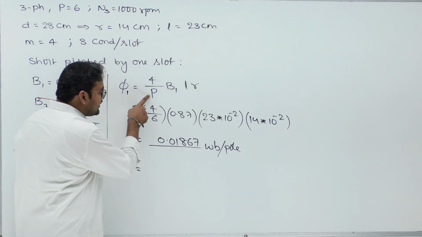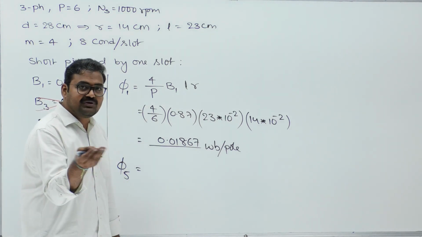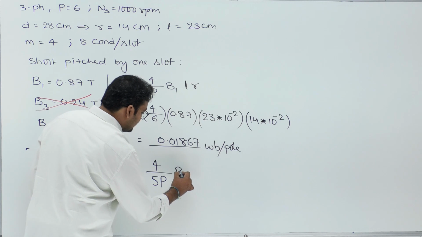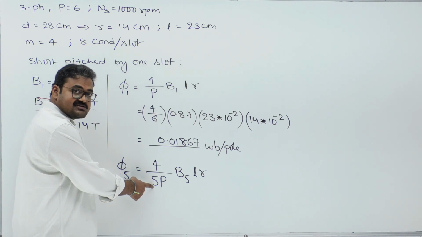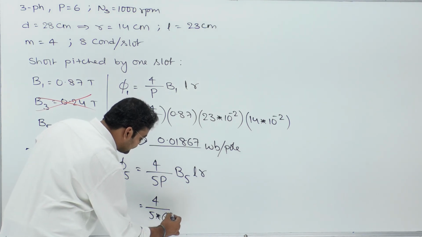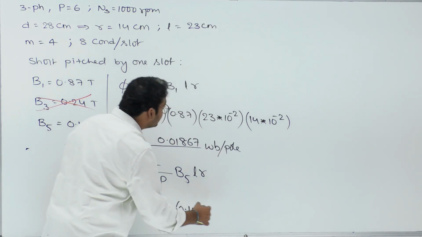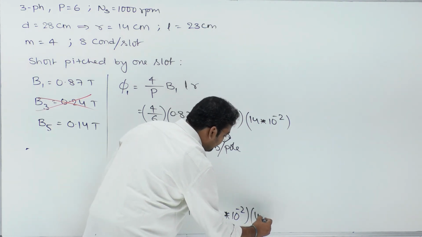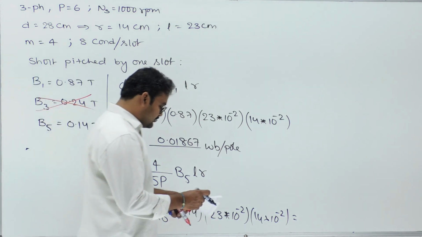If a fundamental harmonic creates P number of poles, how many poles can the fifth harmonic create? 5 into P. Yes or not? Therefore, 4 by 5 into P into fifth harmonic flux density into LR. Did you understand why I wrote 5P here? Yes. So let me substitute 4 by 5 into 6 poles. What is the fifth harmonic flux density? 0.14 into axial length 23 centimeter into radius 14 centimeter. You will get the fifth harmonic flux per pole, that will be equal to